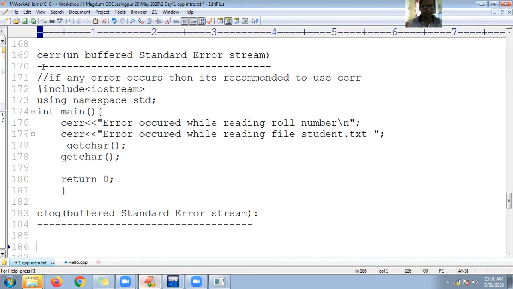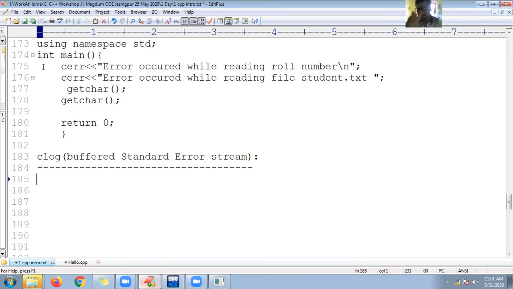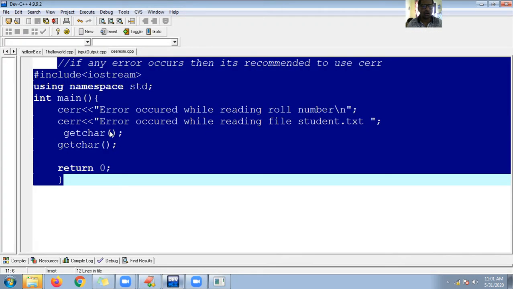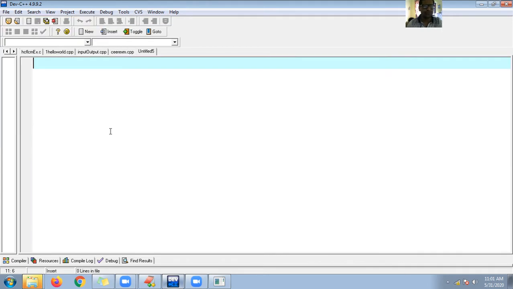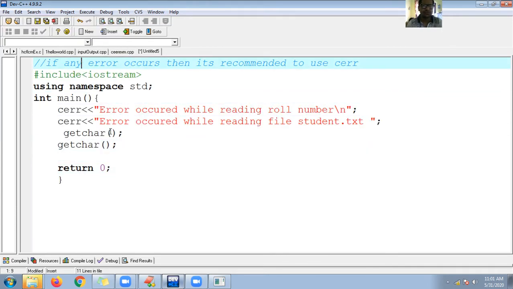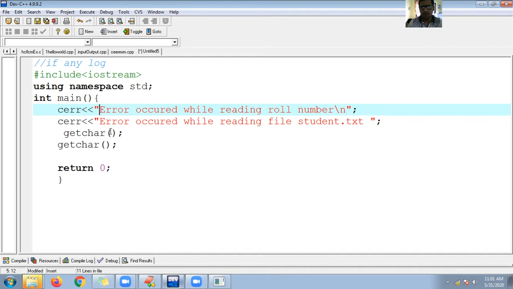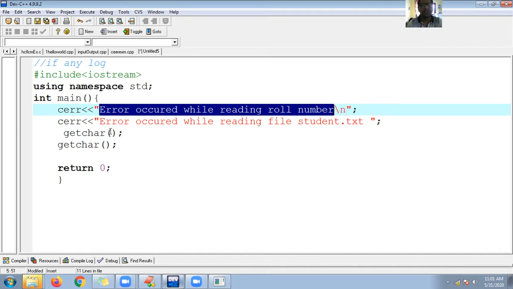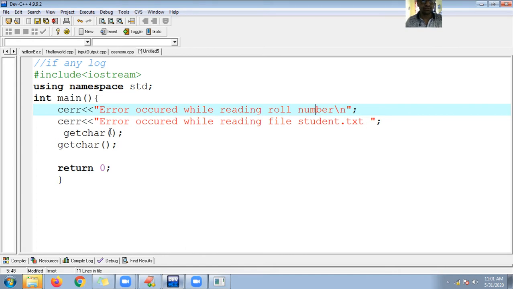I want to track the execution, the flow of execution, from where to where the control is moving. So in that case, you can use clog messages. So see here guys, clog. Simply you need to use clog. That's it. So for logging, I simply want to give the message. Same stuff, one is buffered, one is unbuffered. So clog. Okay, so here is clog.